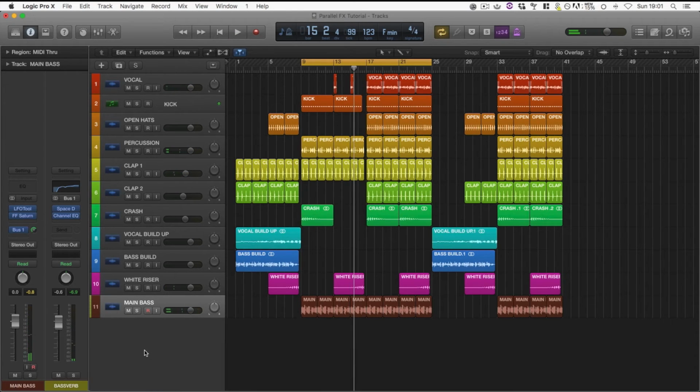So you can see, just by adding a few simple plugins there, we're just opening up that bass, and it's making it sound real big, real involved in the track, and making it a bit more of a highlighted point as well. Okay, so now I'm going to show you what happens if we put that Space Designer